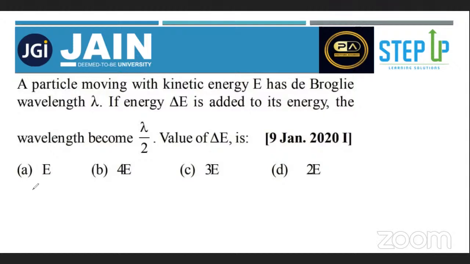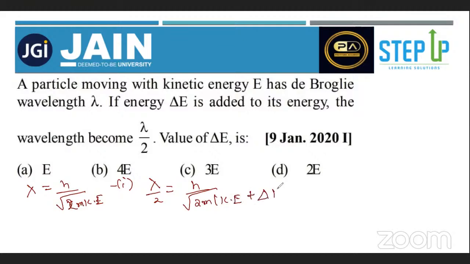The thing we have is lambda is basically h upon root 2m KE, where KE is kinetic energy. Now this is one equation. According to the second situation, when it became lambda by 2, the kinetic energy became KE plus delta E. This is the second situation. Now if I try to find the ratio of these, I'll basically get